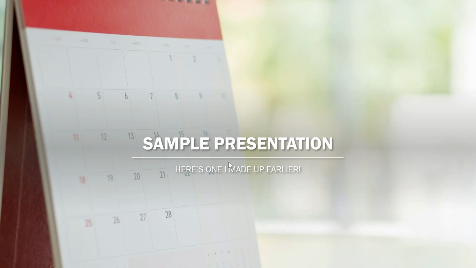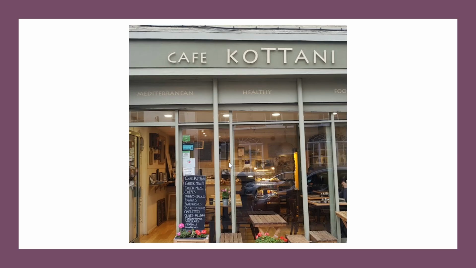So here's a little mini presentation from me. I'll do this as quickly as possible because I don't want to drag it out for you, but just to give you a flavour. So this is a cafeteria, the Cafe Catani, which is in Bury St Edmunds town centre. And if you've got good eyesight, you'll note the chalkboard there is detailing Greek meals and Greek mezze and things like that. It's a Greek cafe, basically. Quite a small place, as you can see. It's just that one room. There is a little bit out back, but that's quite small as well.